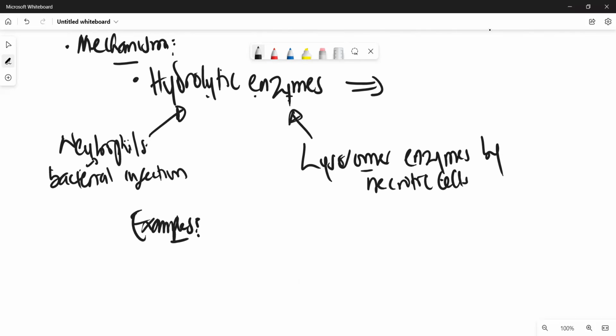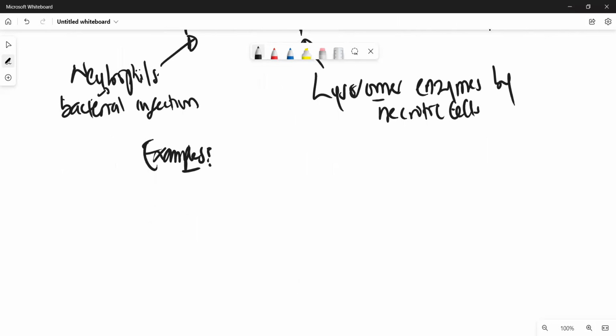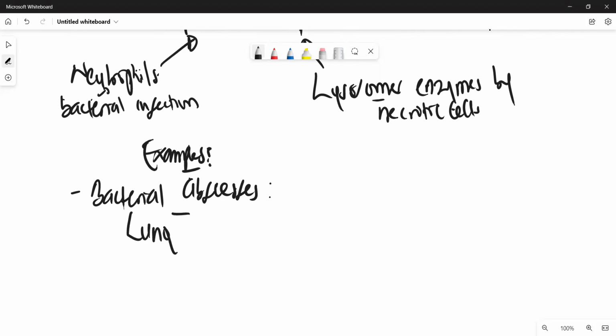I always love to do examples, so it's very easy for us to remember. The first one I'm going to talk about is bacterial abscesses, right? And then we can classically use the example of lung abscess. Does somebody have a lung abscess? So for instance,